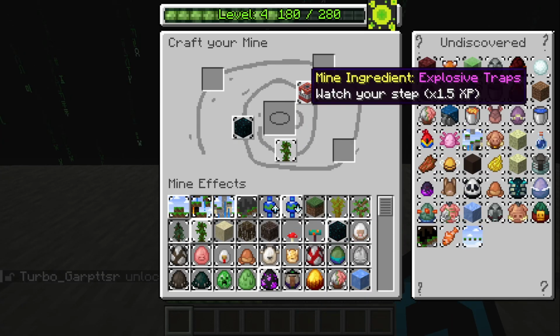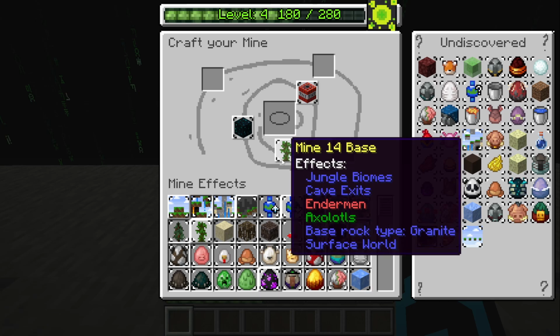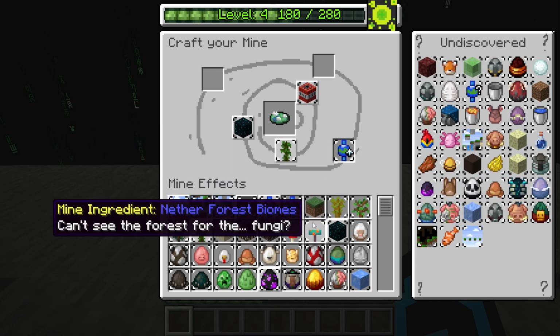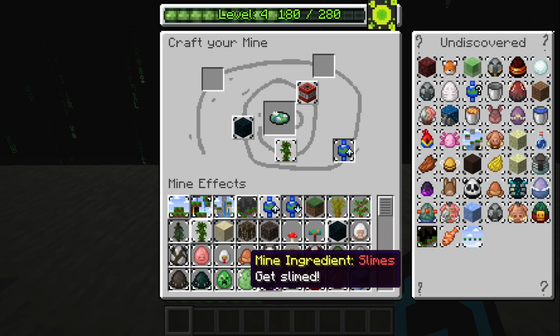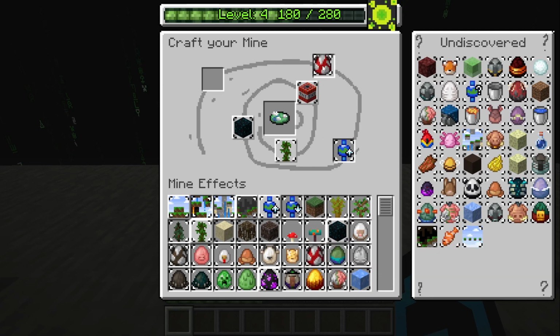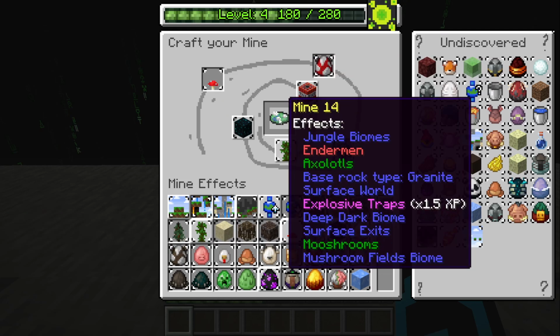Deep Dark with TNT traps. Wow! Now I'm gonna move surface exits. Let's go with mushrooms and mushroom biomes. So now we got jungles, surface exits because I moved them, granite, deep darks, and mushrooms. So